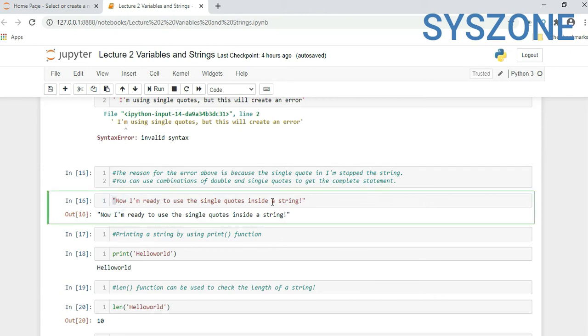So here we are using a double quote now. This is the start, this is the end, and in between, just for understanding, we are using a dash and a single quote. After executing, we are not getting any error. So if you have any scenario where you want to mention something like this, you have to follow with the double quote. In between, you can use a single quote.